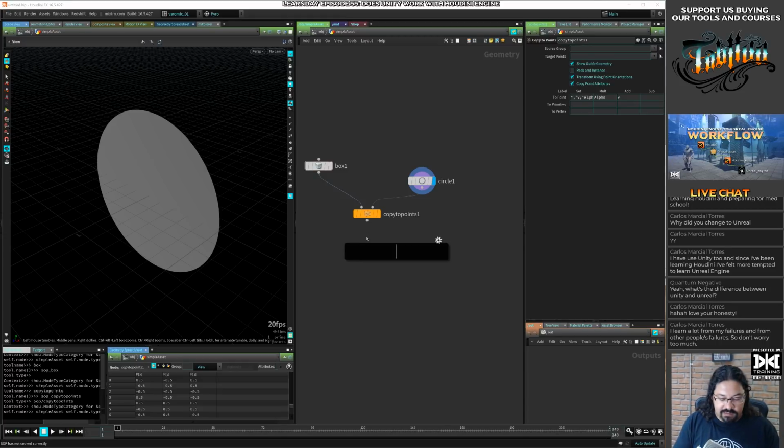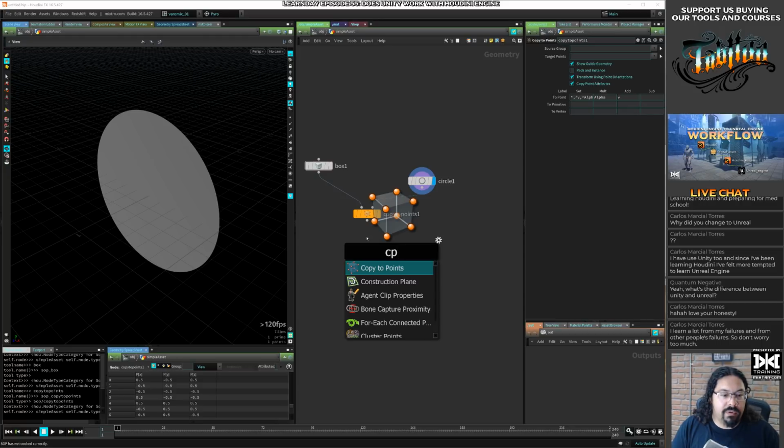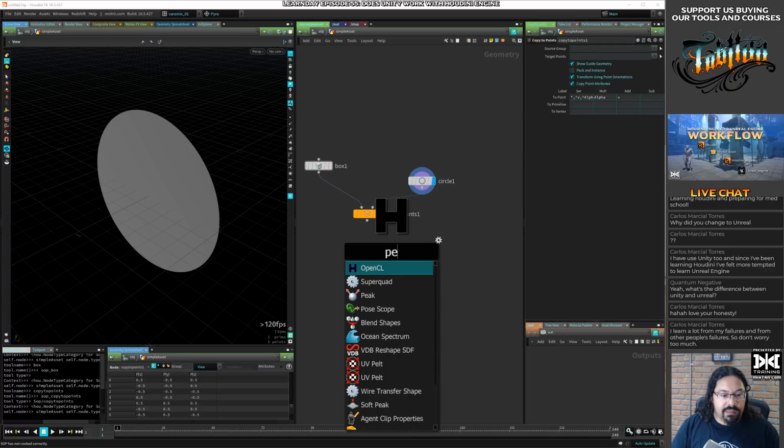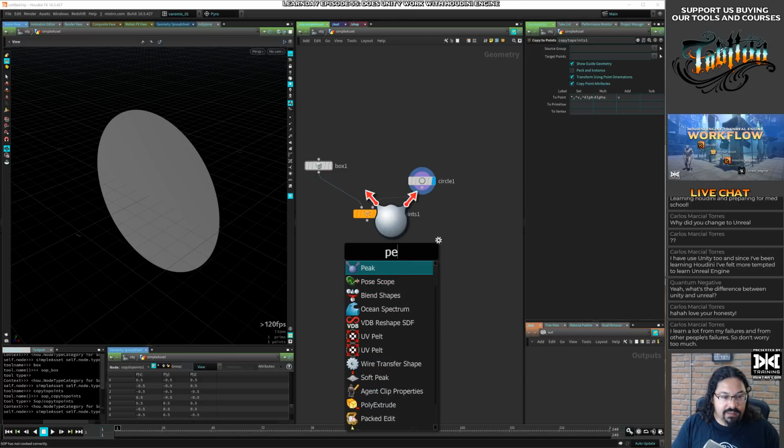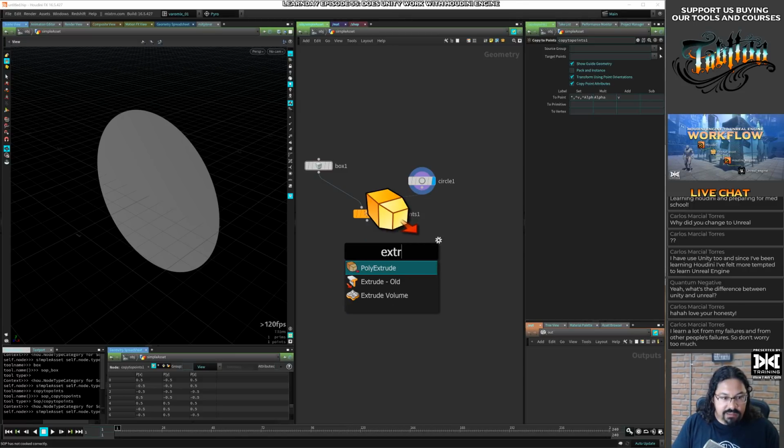If I just type CP, just copy the points, because it detects the capital letters of the tool. So that's a shortcut that the tool has, like just getting the first letter. You can see CP for construction plane works as well, or poly extrude. Yeah, that's not as simple, because poly extrude matches a lot of other things, or just extrude.